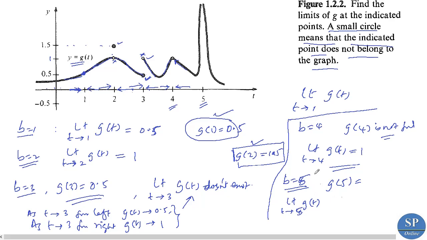G of t is, from the figure we can see that as t approaches to 5 from left, g of t grows larger and larger to infinity, and as t approaches to 5 from right, then also g of t grows larger and larger, and it does not approach any limit. So limit t tends to 5, g of t does not exist. Okay,